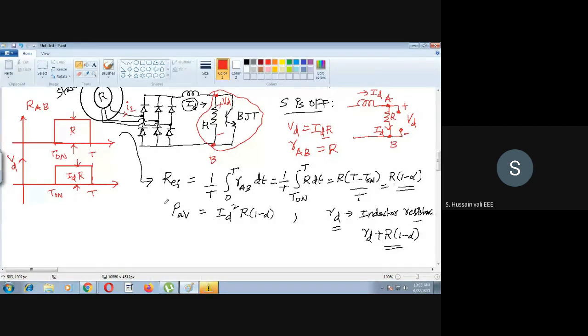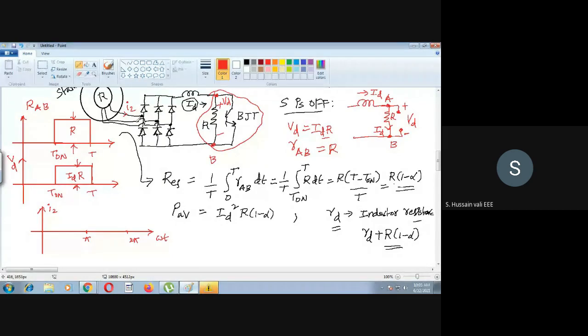So if I want to draw the waveform for this I2, see this now. A few things you must understand while you draw I2. First of all, I2 is AC. Why is I2 AC? Because I2 is the current in the rotor terminals. So in the rotor terminals, you have AC current and AC voltage only. So I2 has both positive and negative. So this is pi, this is 2 pi. Positive half cycle will be there and negative half cycle will also be there.